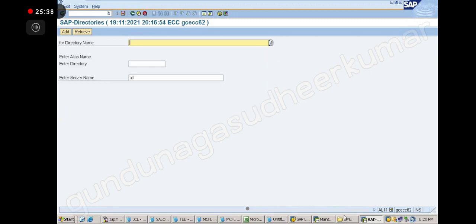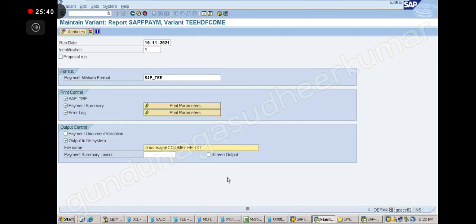Done. Now click on the attributes option here. Everybody note down, click on the attributes option.